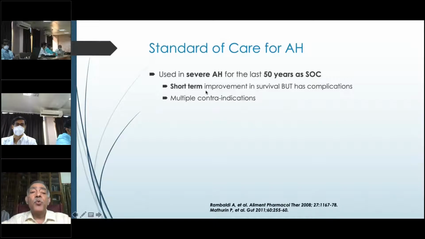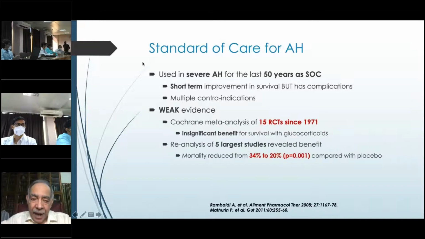It clearly improves short-term outcomes in a sizable cohort, but is associated with complications and is accompanied by multiple contraindications, so that not everyone is eligible for receiving steroid therapy. In fact, when the Cochrane group reviewed the analysis of the 15 best randomized controlled trials since 1971, only an insignificant benefit was found in favor of corticosteroids. However, reanalysis of these same data using the 5 largest studies in these 15 RCTs showed that indeed there was a subset in which a significant reduction in mortality was achieved with